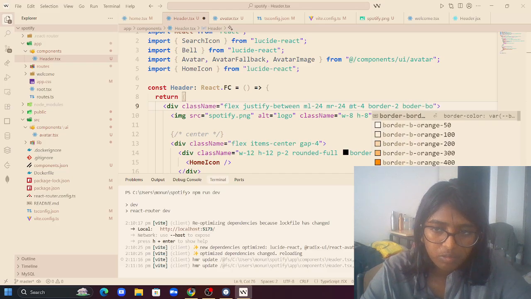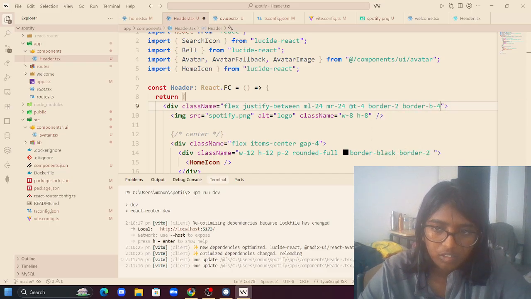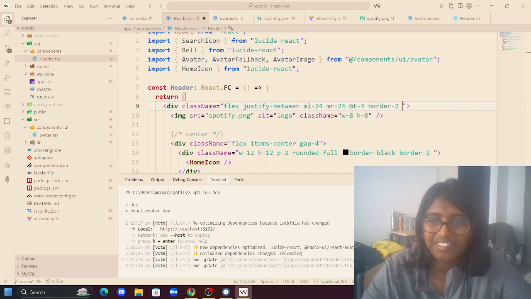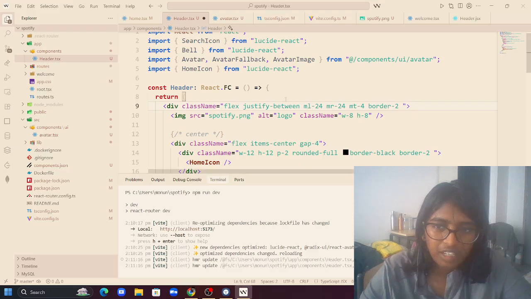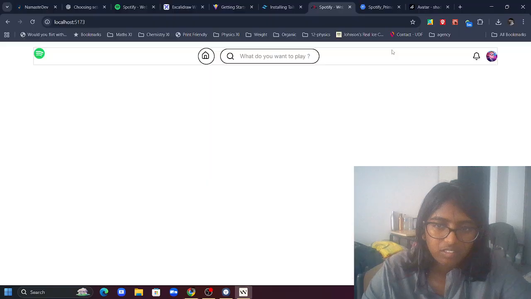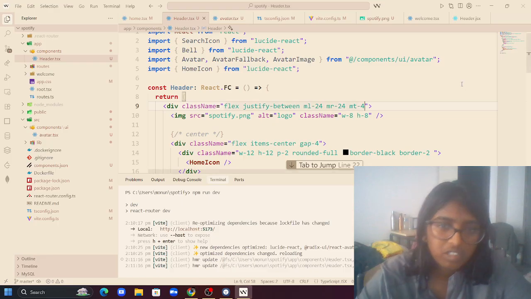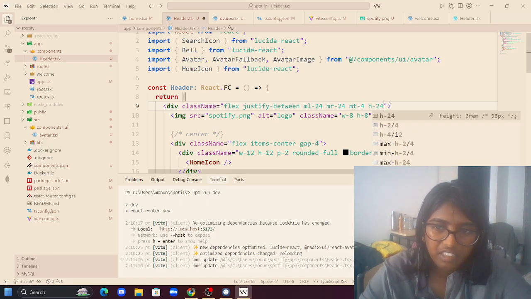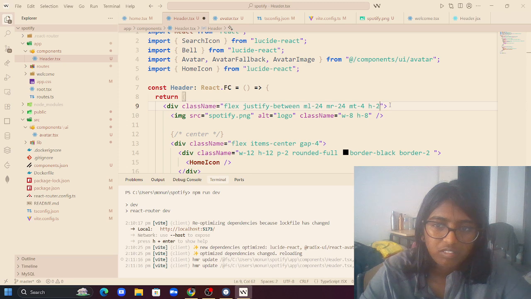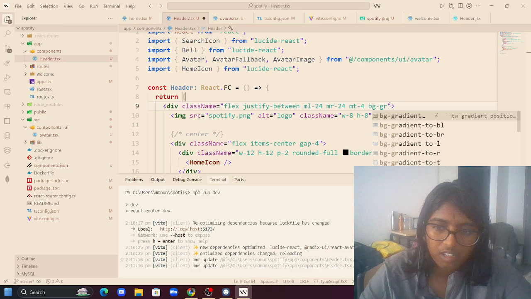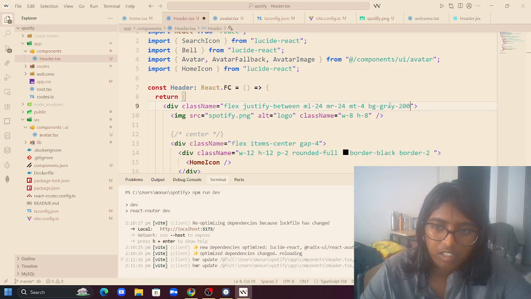Border bottom B. What the? Okay, I just want a line after, I just basically, no, no, no. I just want a small line here that tells that the header is only till that much. Maybe I could just specify my height here. That would make it. Okay, let's give a typical color that tells me,